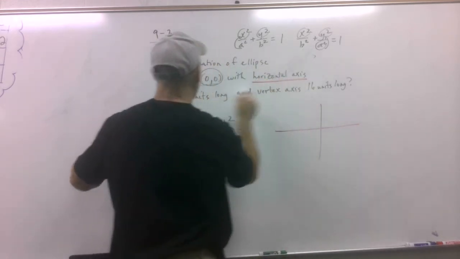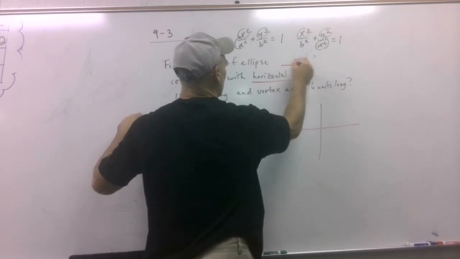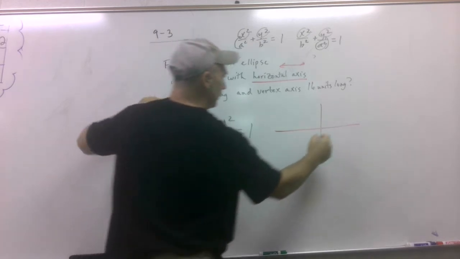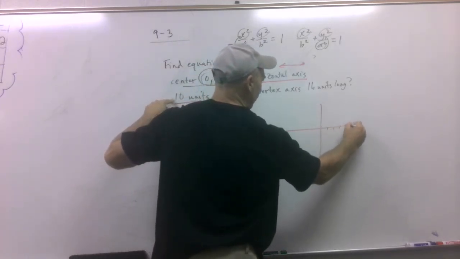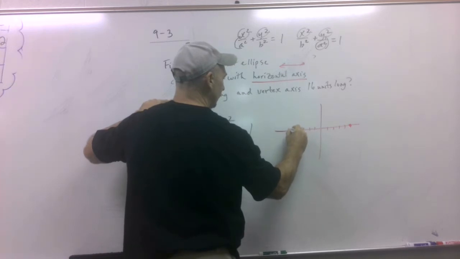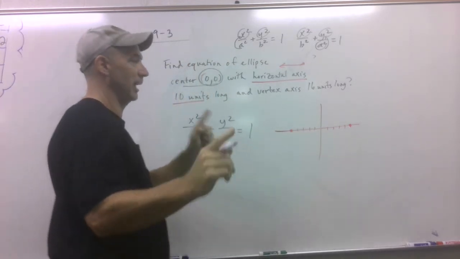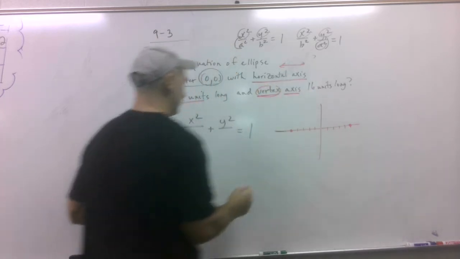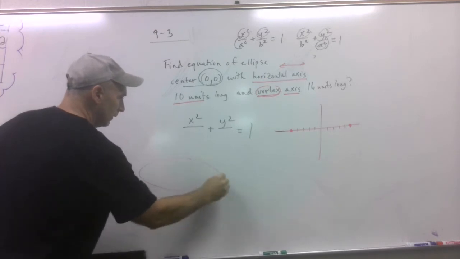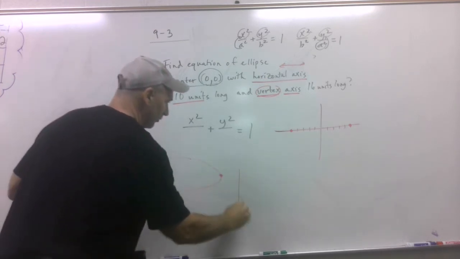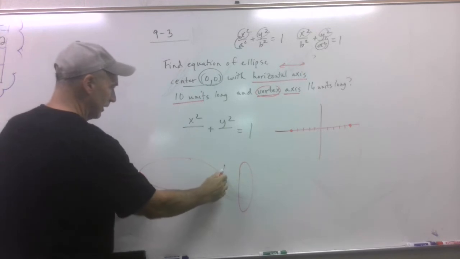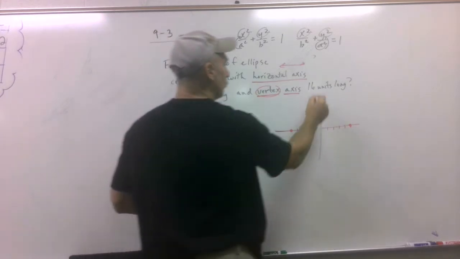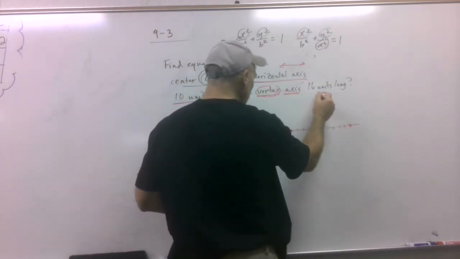The horizontal axis, 10 units long. Remember, that's this way. So if the whole thing is 10 units long, 1, 2, 3, 4, 5, 1, 2, 3, 4, 5. All right, is that the major axis? I don't know. But it says the vertex axis. Remember the vertex, I showed you originally, they're at the end of the major axis. So if it's written like this, it's like that. If it's written like that, it's like that. So this is an extra clue, but you don't even need that, because this is bigger